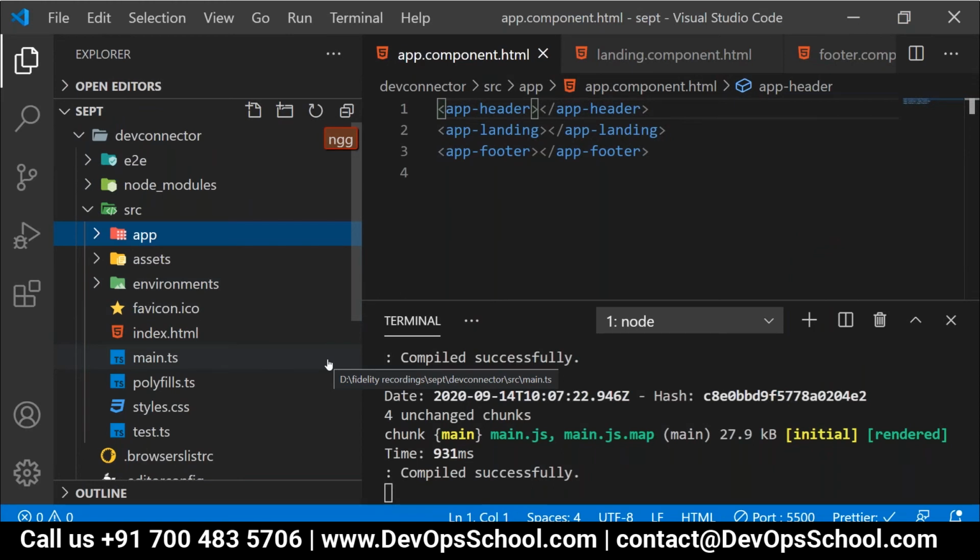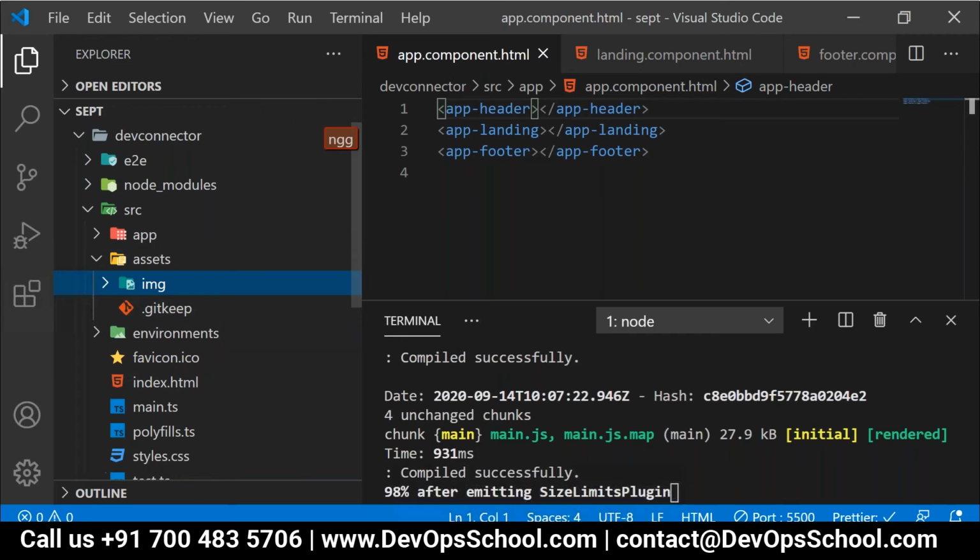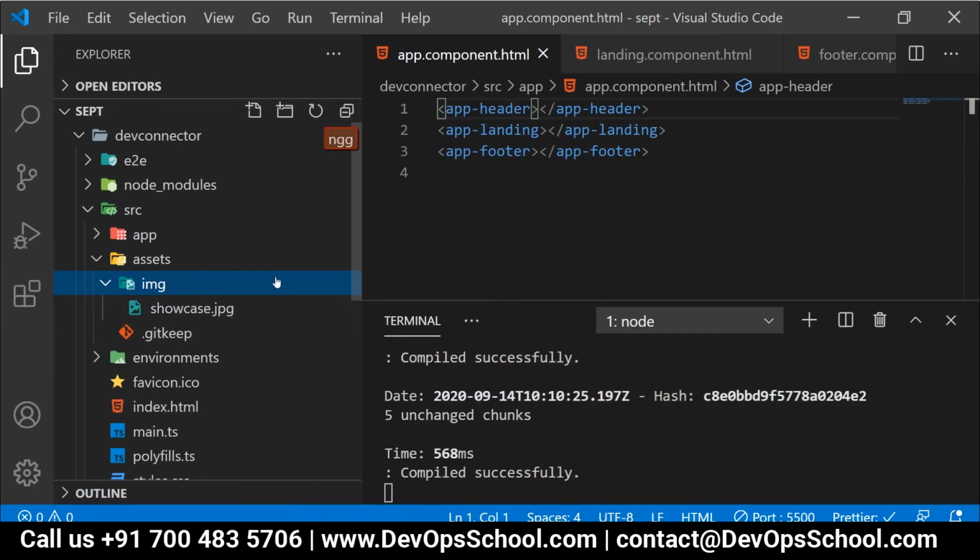People, in old Java servlet, JSP or Spring MVC related projects, you would keep all these things under folders, correct or not? A JS folder you were creating, and all JavaScript you'll keep over there. jQuery, CSS, image, HTML, like that. Now, whatever media contents you need for your entire application, we'll keep in a folder called assets.